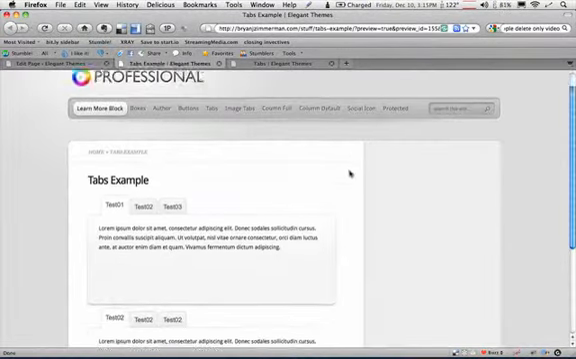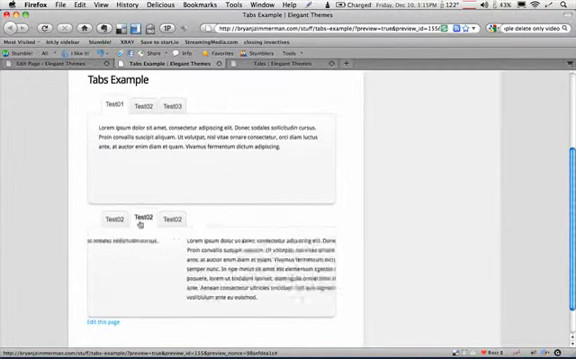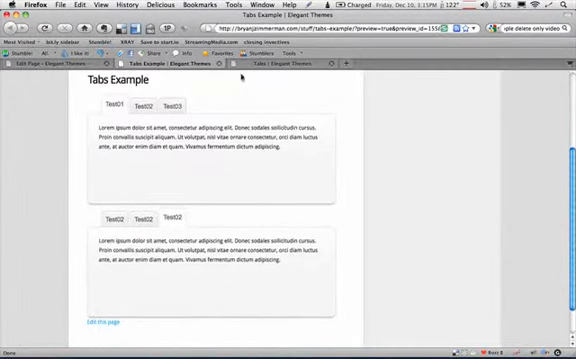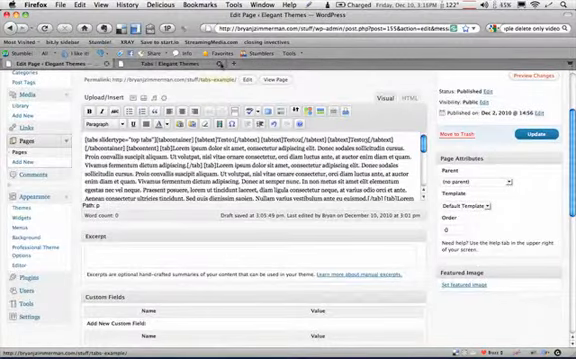For the purposes of time, I am going to skip the left tab and the simple tab options as they are created in the same way as the top tabs. Now, let's clear the